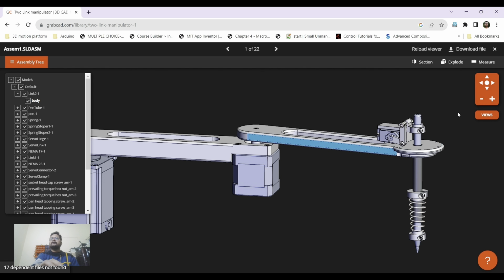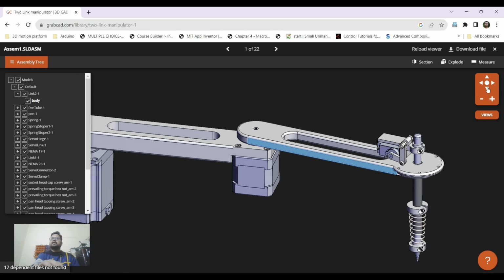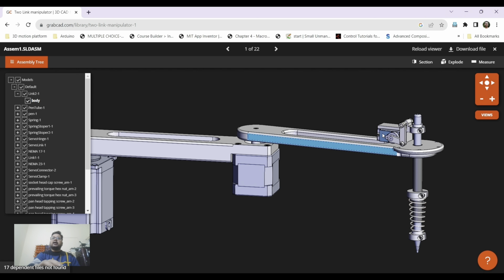Now let's discuss the end effector. For the end effector, I designed a mechanism. Using this mechanism you can pick and place this pen when required. There is a very cheap 9 gram servo motor, and to place the servo motor I used a servo clamp. This is also a 3D printed part, and this is the servo horn. It comes with the servo itself, and this is a link to connect this part. This is named the servo connector, as you can see,